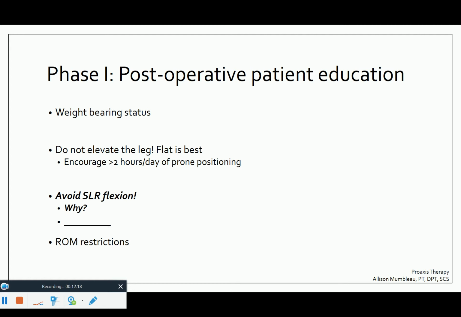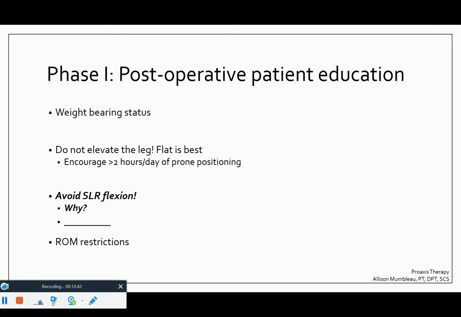So patient education, you want to educate them on their weight-bearing status. So there's a slide, I think maybe it's the next slide, that goes over weight-bearing postoperatively for different procedures of the hip. Do not elevate the leg. Flat is the best. So if someone's laying supine that just had arthroscopic hip surgery and they have their leg elevated